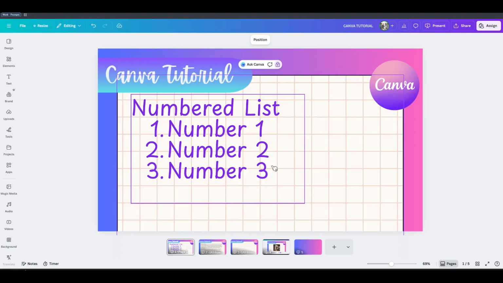That's all there is to it. Open your project, select or add a text box, click the list icon once for bullets and again for numbers, then press enter to build the list line by line. It's simple, fast, and keeps your